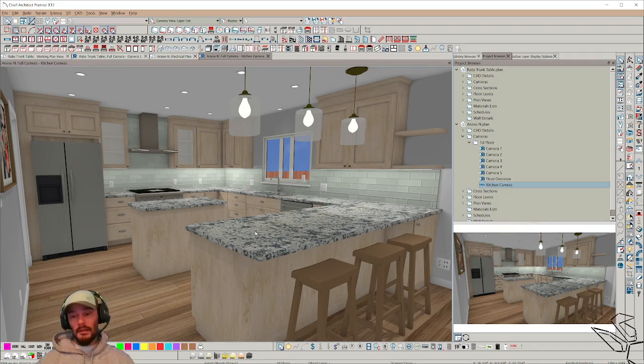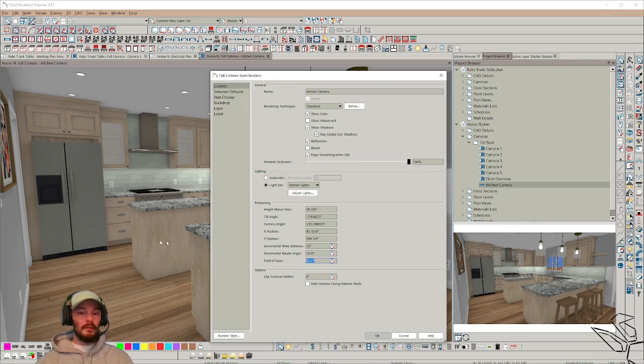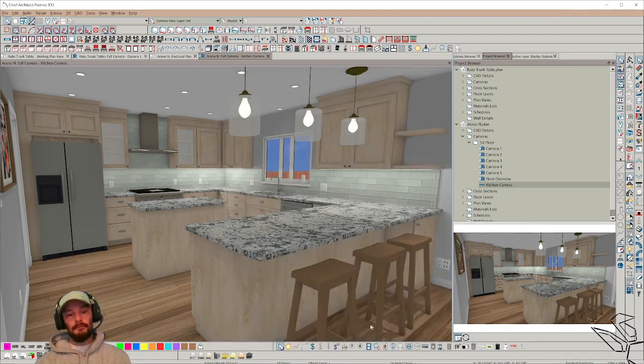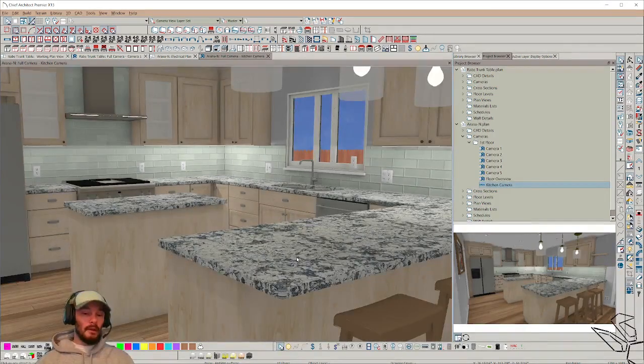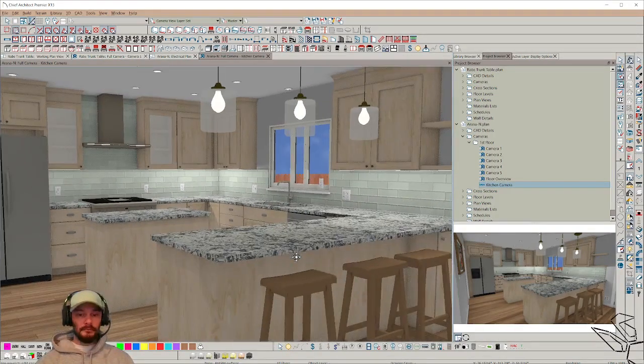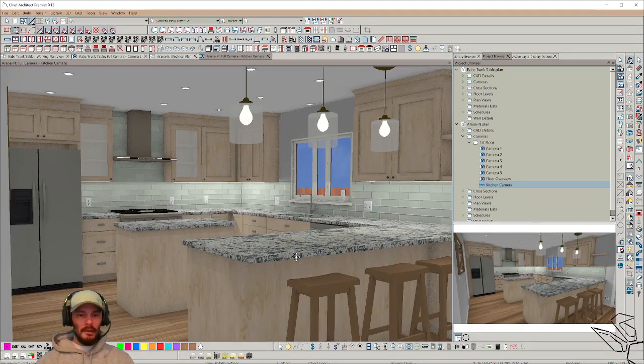Another part of my shots is a field of view. I'm always editing my active camera for better composition. I might change my field of view to something like 35 degrees. If I can get away with it, I'll even go lower than that. And then kind of do a little bit of